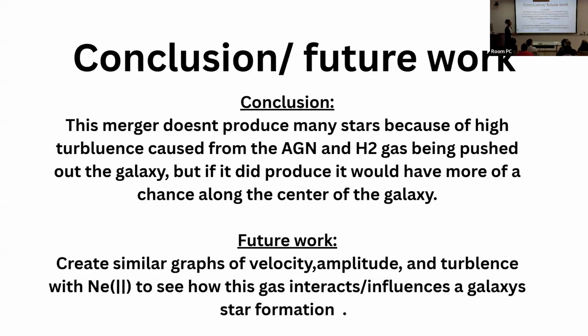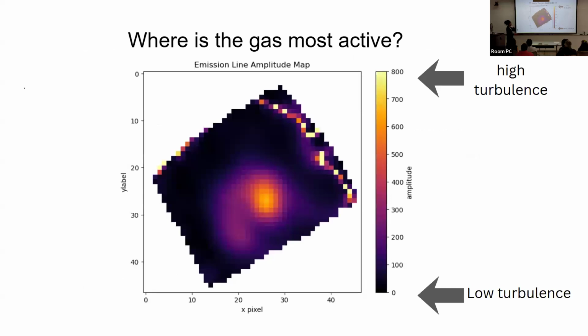Can you explain a little bit more why turbulence might limit star formation? Yeah, I can go back on here. H2 is the primary thing that is used to form stars, because it needs to be settled to form a molecular cloud. So if it's turbulent, it can't ever settle. And if it doesn't ever settle, then stars can't be formed out of that.